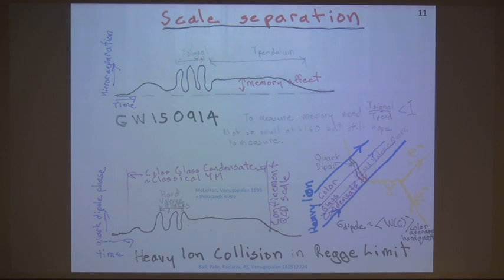Now, there's something called the theory of color glass condensate, which was developed by McLerran and Venugopalan in 1993. I think the combined papers have 5,000 citations. It's a big thing in heavy ion collisions. And it's what is used to describe deep inelastic scattering near the Regge limit, where there's small momentum transfer. It's not what David is famous for.